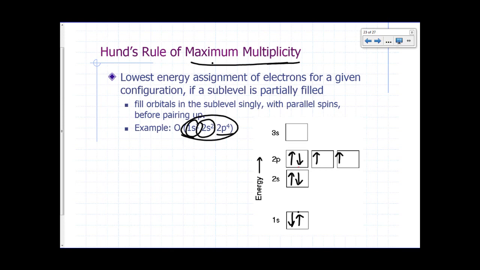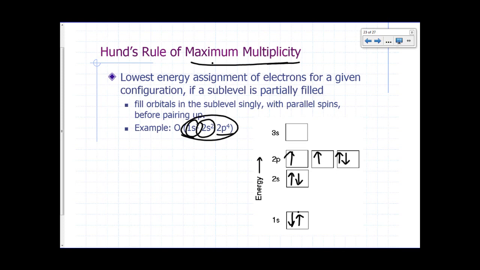For example, you can put that fourth one over here. There's nothing wrong with that. Each of these different ways is called a microstate. So this particular microstate is one of those that have maximum multiplicity, the most number of paired electrons. Okay? And so you can have